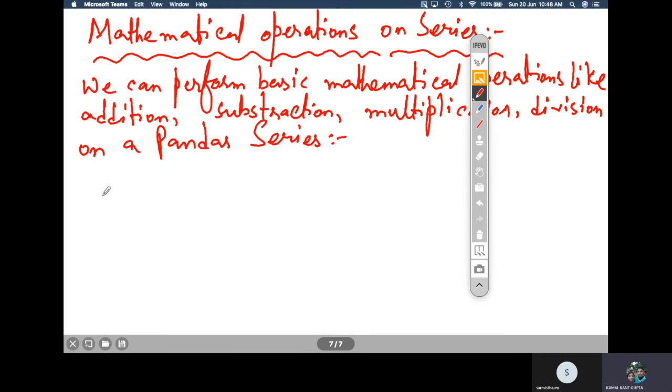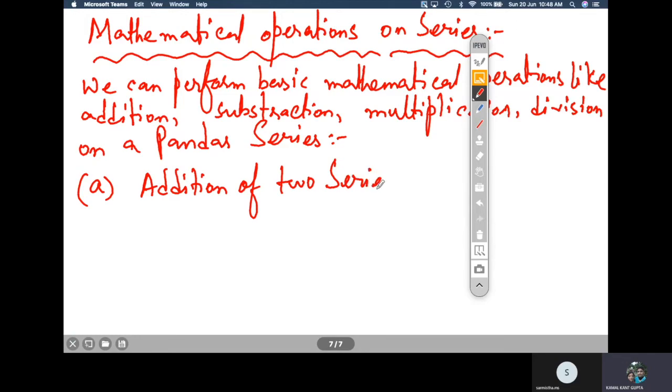So now let us consider the first thing, that is adding two series. The first operation is addition of two series. If I'm going to add two series, what will happen?